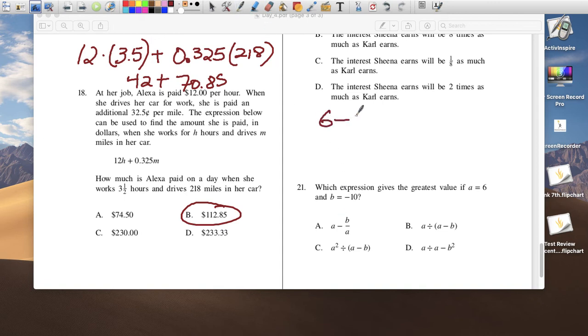So it's 6 minus -10 over 8, which is 6, right? I'm doing letter 8, by the way. So 6, negative and negative is going to be positive, and 10 over 6 is simply 1 and 4/6, which gives me 7 and 4/6. So letter A, 7 and 4/6. Letter B,